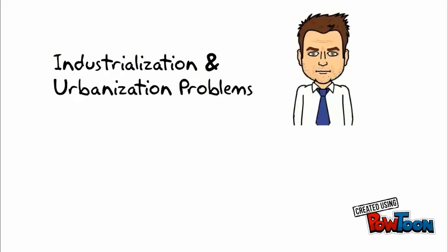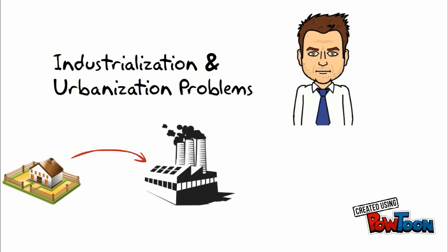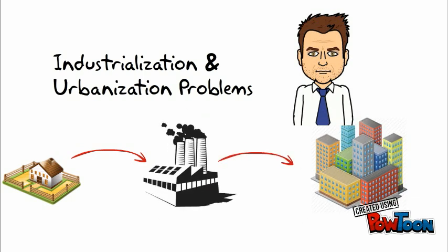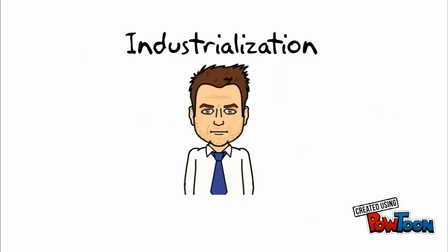Okay, we're going to take a look at industrialization and urbanization and some of the problems that are going to be created as we go from the farm to the factories and then eventually into our large cities and our large urban areas. We've already talked about these before. Let's do a quick review and then start diving into some of the problems and potentially come up with some